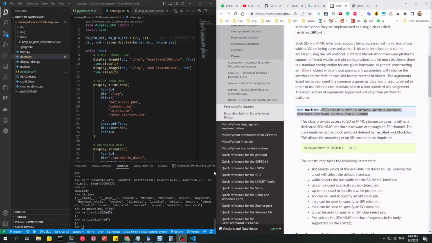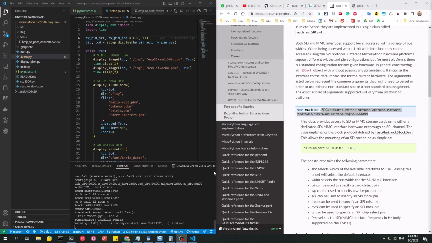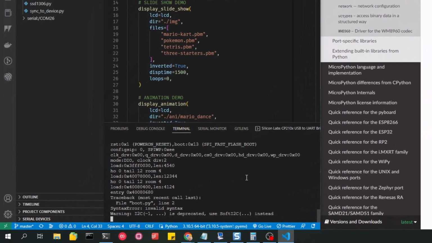One thing you do have to note with MicroPython is that if you remove the card, you have to reset the ESP32. It's a known bug, and there is a GitHub issue open for it, but it has not been fixed as of yet. Alright, so I've restarted my ESP32, and now all that wonderful work that I did, I'm going to have to